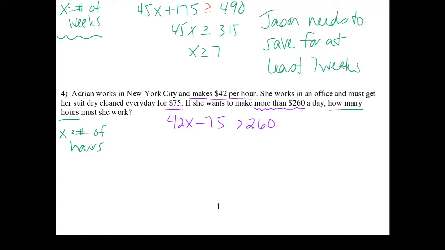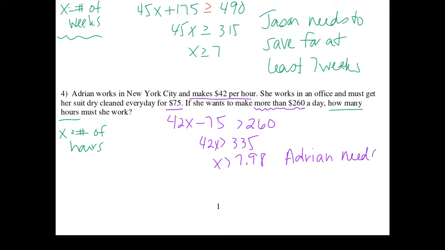So now that we have our inequality set up, we're going to first start by adding over the 75, and that'll give us 335. Now we'll go ahead and divide by 42 on both sides, and again, we're left with a decimal. So I'm getting 7.98. And what that means here is it all depends on how she's paid. If she's paid an hourly rate that's on the hour or on the quarter of an hour, it all depends. In this case, since we're looking at x is greater than 7.98, I would probably just say Adrienne